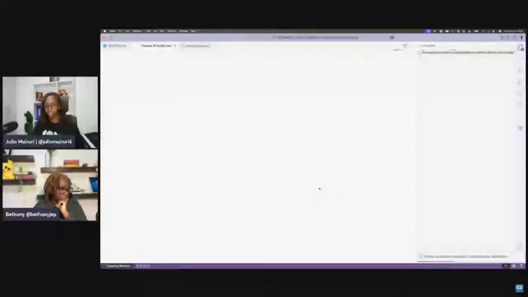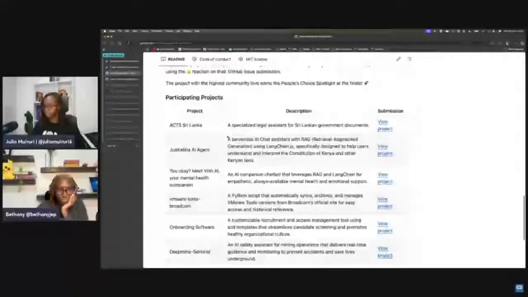And what I want to show you is, right now, if you go on the repository, we have 10 issues. So we have 10 projects that have been submitted. But on the repo, if you scroll down to the participating projects, we only have 6 projects that have been added, right? So we have a few that are yet to be updated. And as you can see, the structure that we're using is the name of the project, a one-sentence description, and then a link to the project. Now I can manually do this update, or since I've learned about GenAI script, I can easily automate this task.